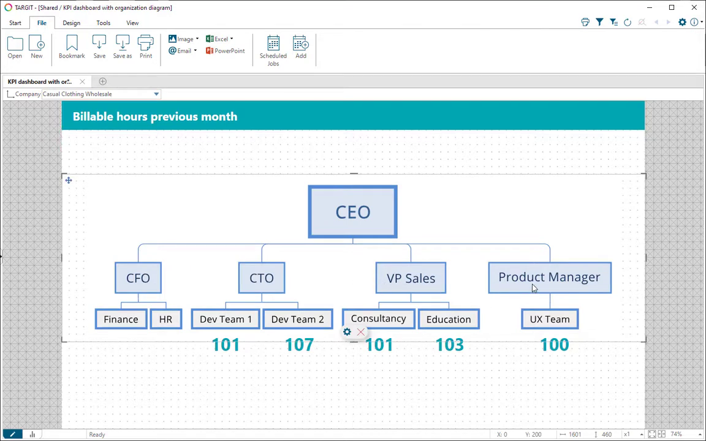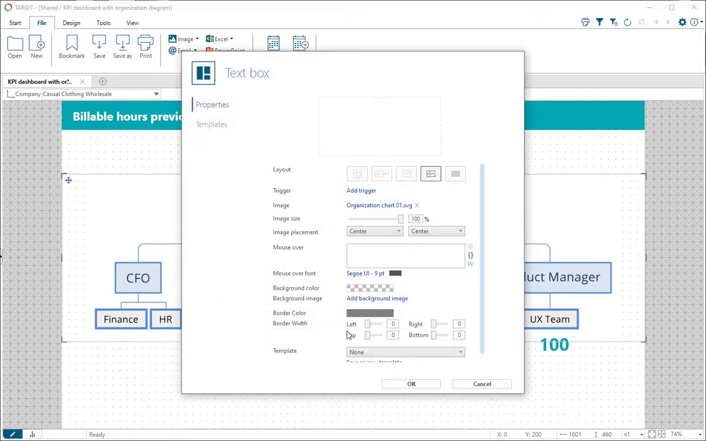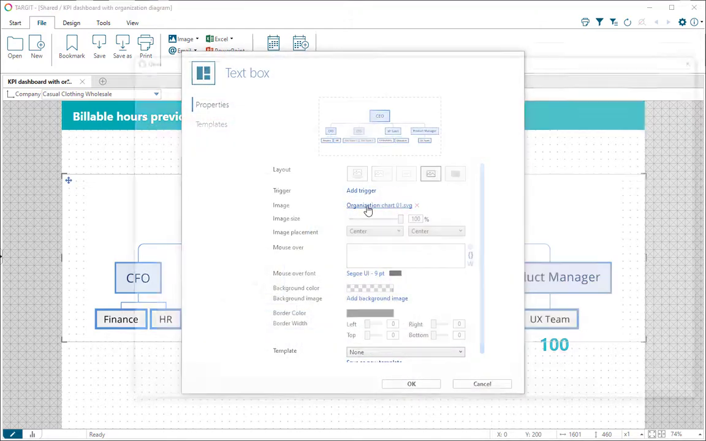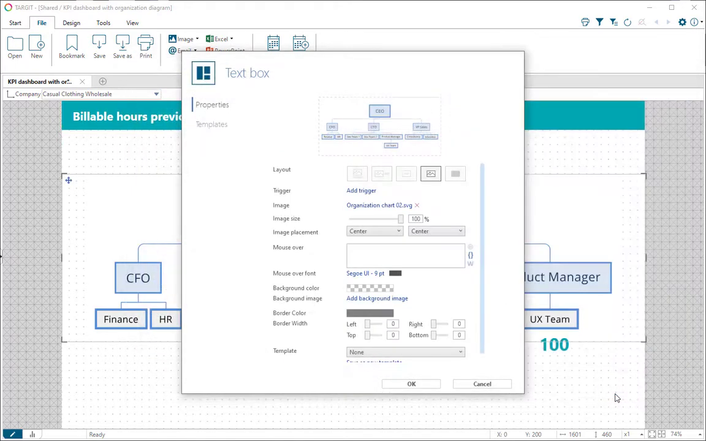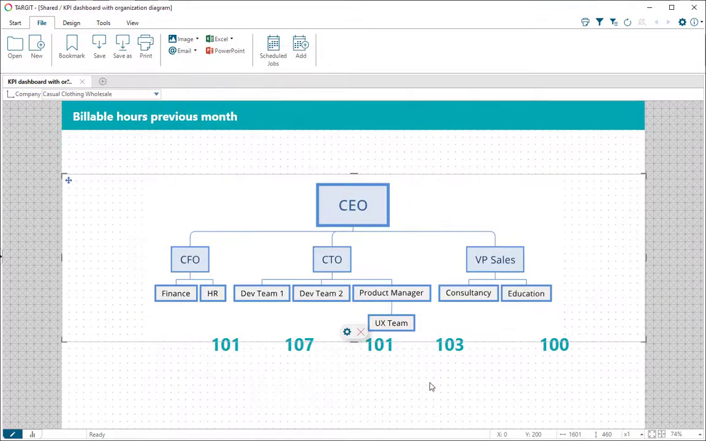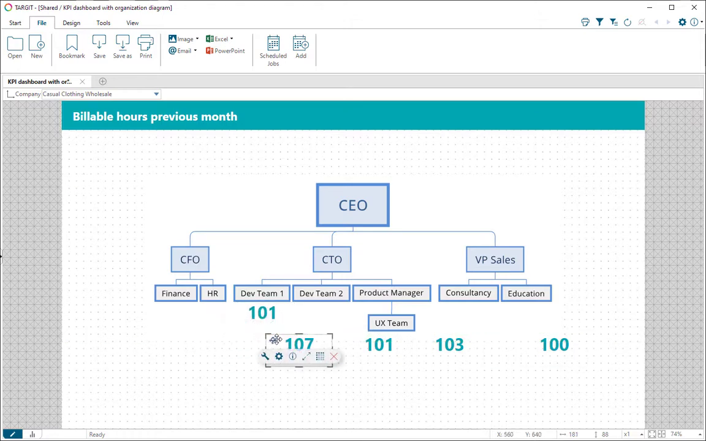What if, let's say, the product manager is referring not to the CEO but to the CTO instead? Then we will have to replace this image with a new organization chart. So let's go into properties and replace the image. So here's the new organization chart. When I go here and click OK, we can see that the product manager has now been moved to refer to the CTO instead. So now I just need to move my KPI objects into the new correct positions,